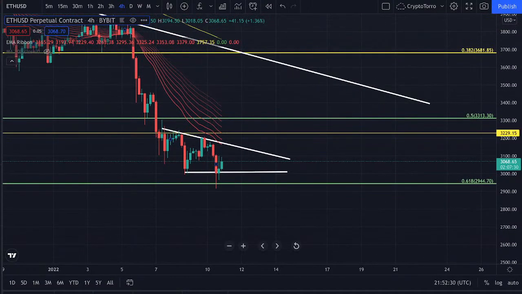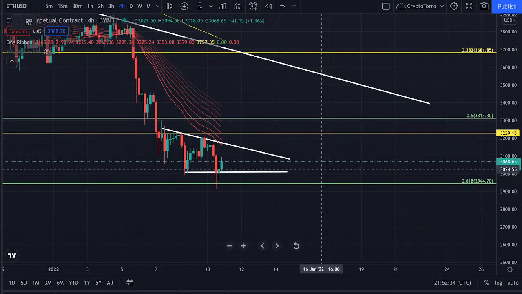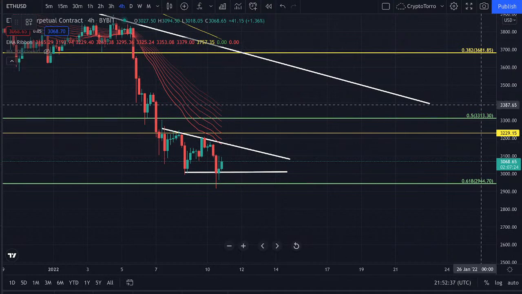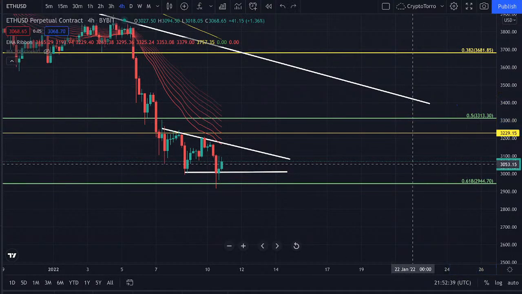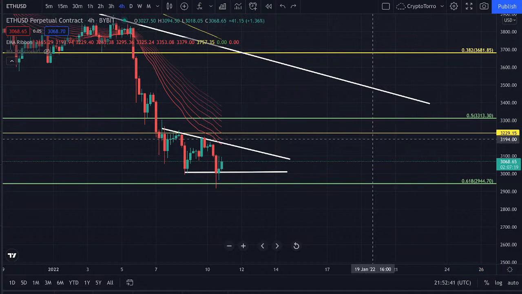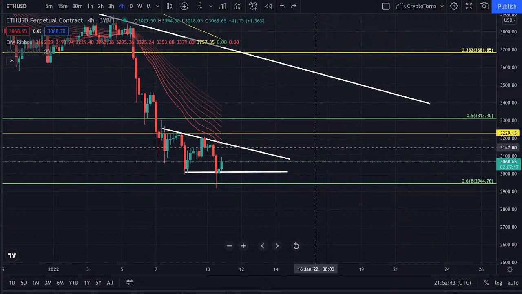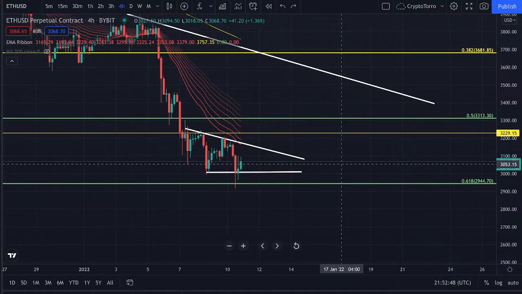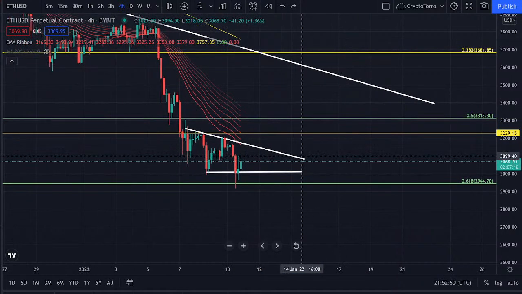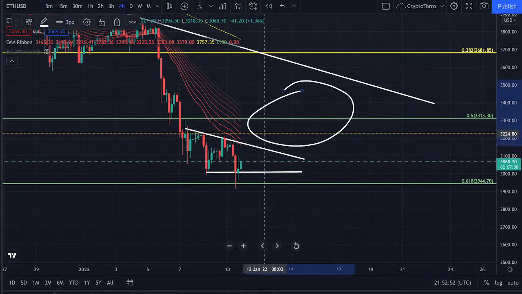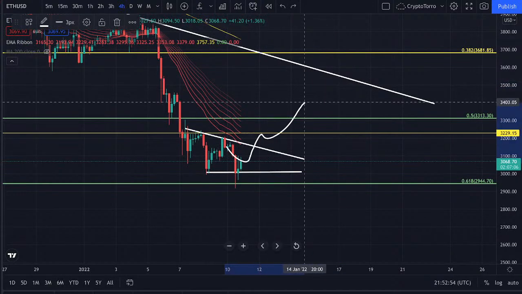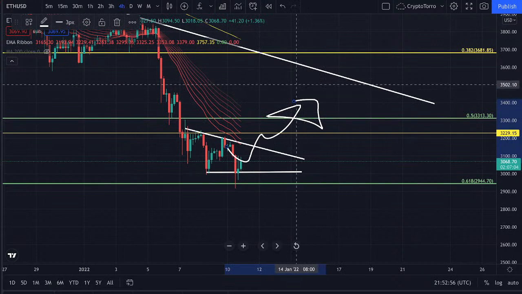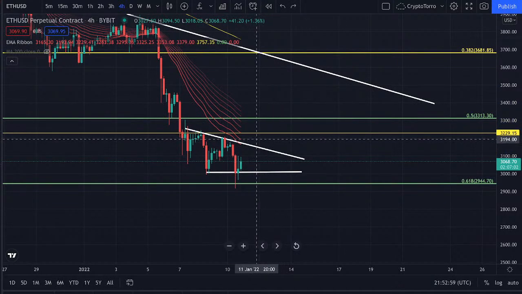Also, what I think is important right here on the 4 hourly time frame is that the EMA ribbon is perfectly aligned with both the levels of resistance above us, the 0.5 Fibonacci level at 3,313 US dollars, but as well the 3,229 US dollars level of resistance above us, due to the fact that we have traded a major amount of volume at approximately this point in time. So therefore, it will be a difficult level to break out above. So it looks like we are seeing major resistance above us,